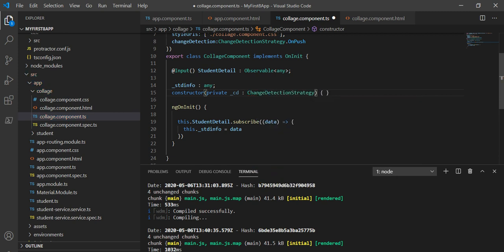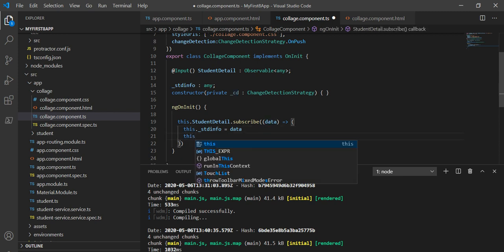And using this object, I will make it a mark for check, like it will check, and based on that it will update the value to the parameter. So this.cd.markForCheck.